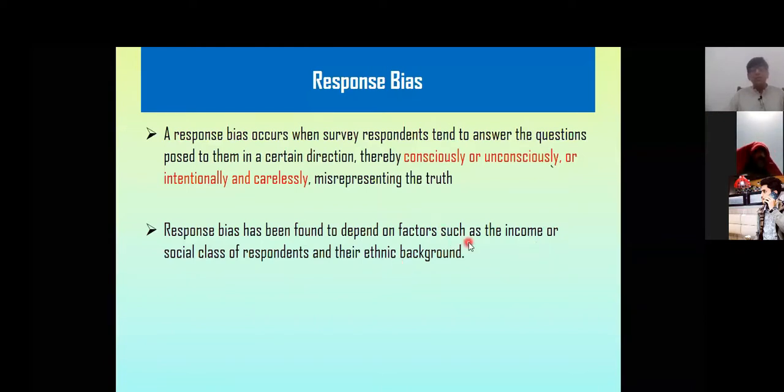Because of these problems, people hide their responses, consciously or unconsciously, deliberately or intentionally, because of certain class reasons, or because of some threats from people. Sometimes your research survey depends on political issues, and then people are reluctant to answer your questions.